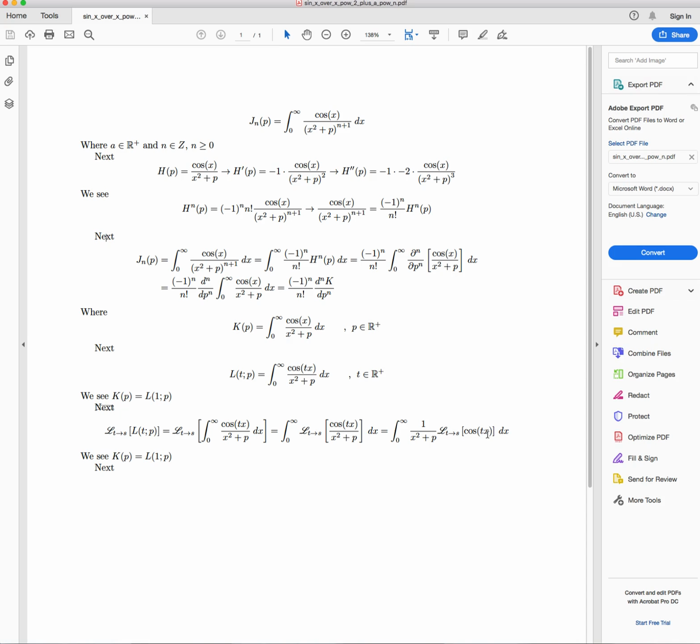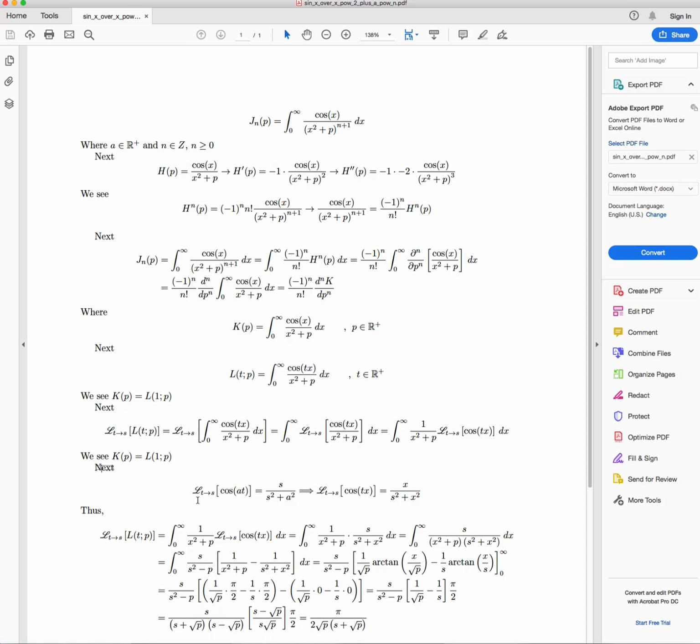Remember here, x is essentially just a constant with respect to the Laplace transform. Okay, so my apologies with that being repeated. So, the Laplace transform of cos of at is equal to s over s squared plus a squared. So therefore, the Laplace transform of cos of tx, so in this case, a is equal to x, is just equal to